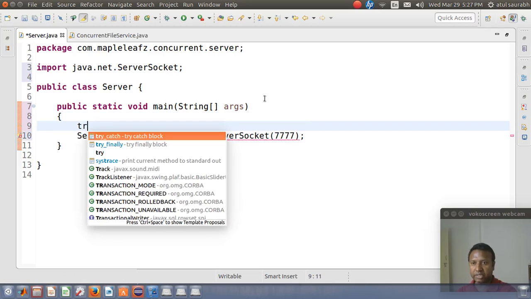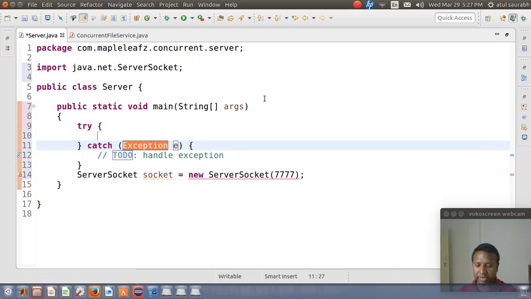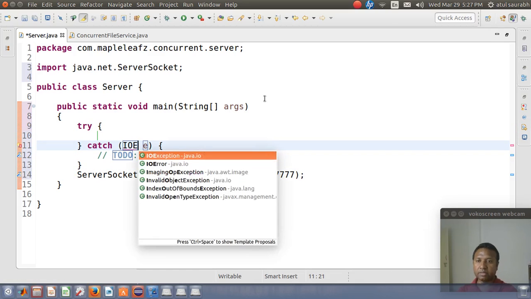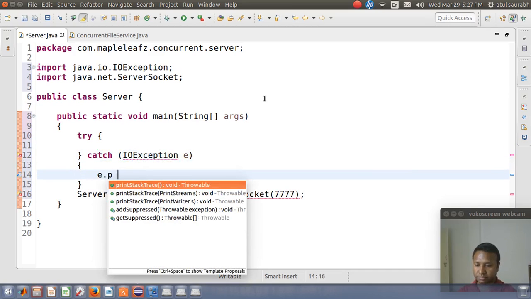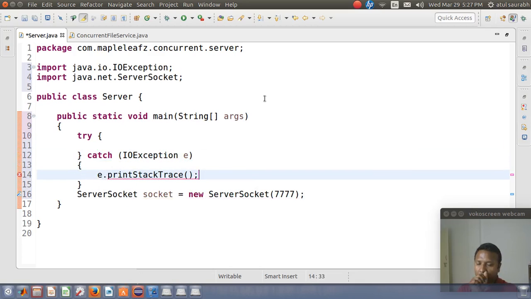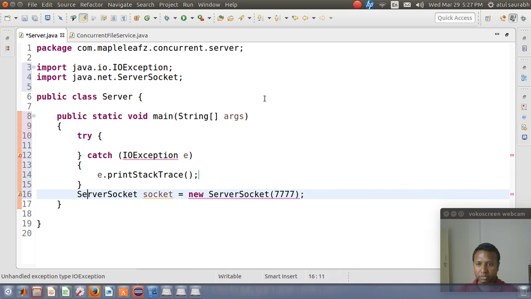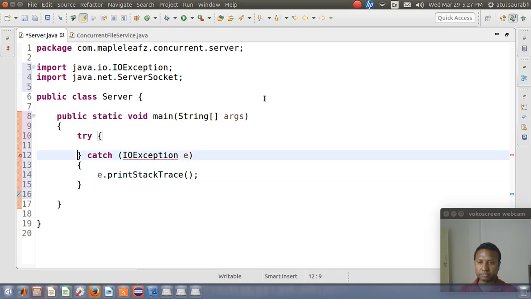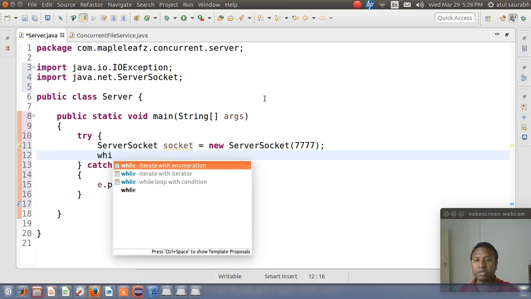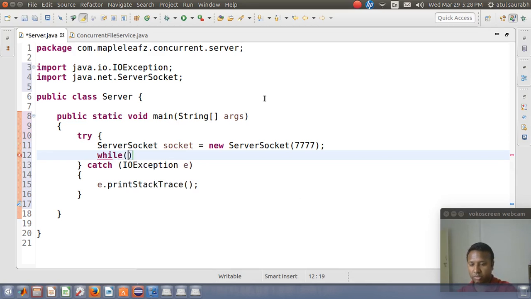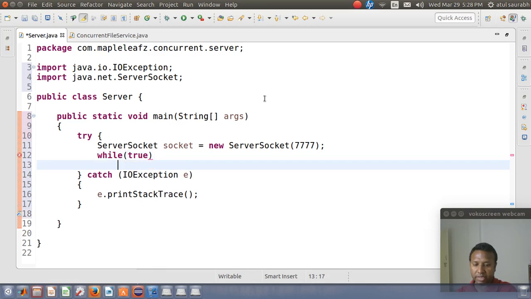Obviously I need to keep all the code in a try-catch block and handle the IO exception. Now, since I want the server to stay alive for multiple clients, I will put the code into a while loop, an infinite while loop.